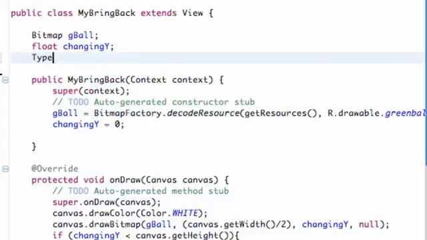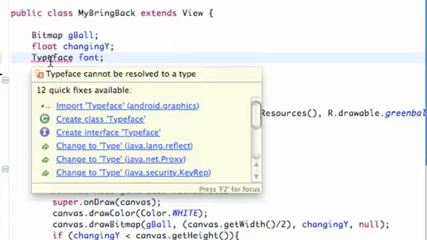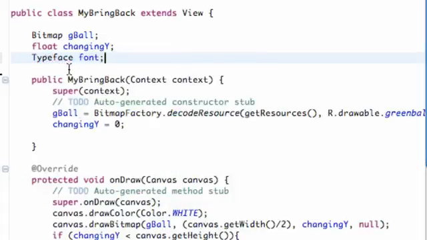Once you have that done, that's basically going to be called a typeface. So we need to do a typeface variable, and we're going to call this variable font. And now, after we import our typeface, we can set up that reference to our assets folder within the constructor again. So we're going to say font is equal to